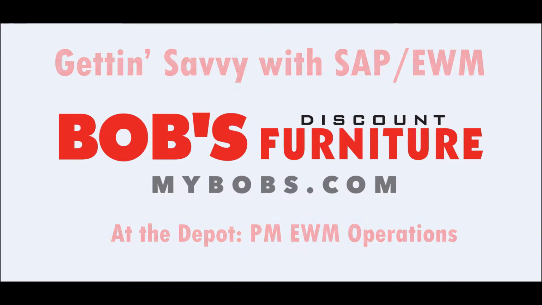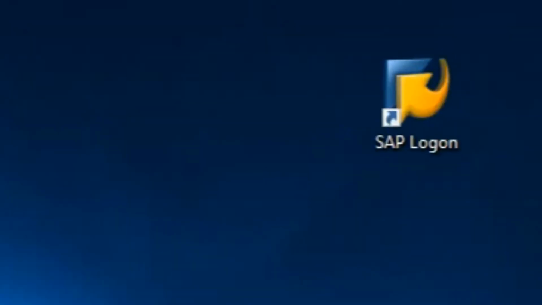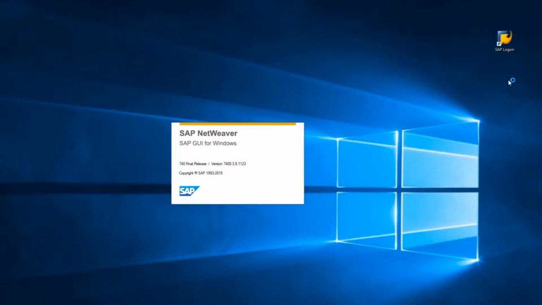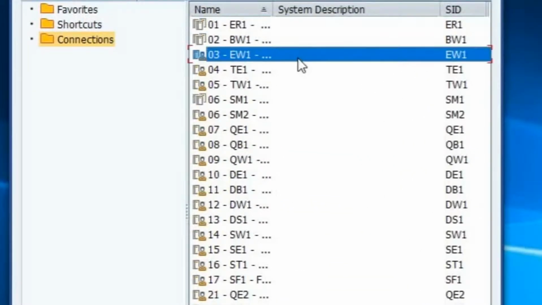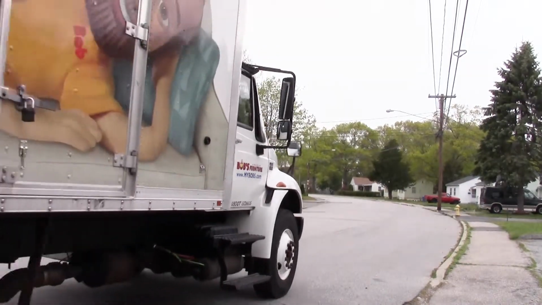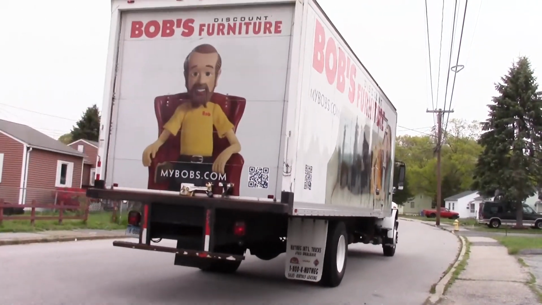In the following installment of Getting Savvy with SAP EWM, we are going to learn about evening systematic operations utilizing EWM. When a team completes their deliveries for the day, they must call in for release before they can arrive at the depot. When a team calls in, we need to run a problem delivery report to review their TDM